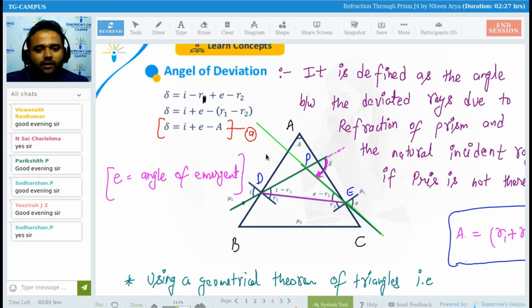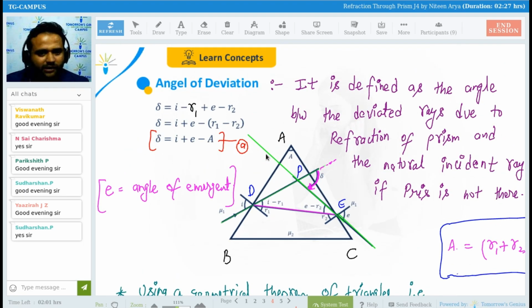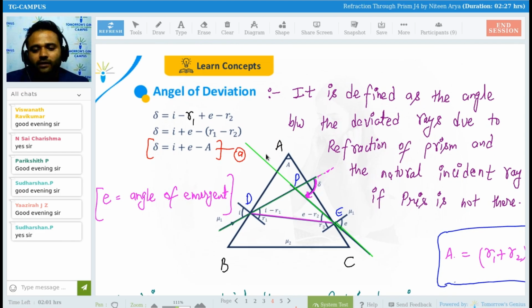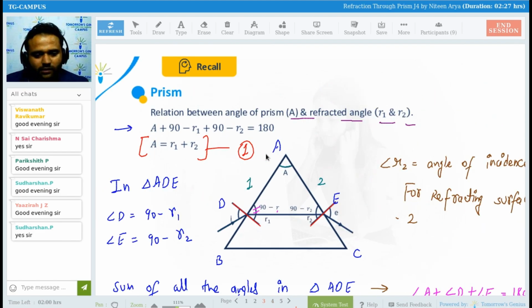Clear, everyone? And this one I can remove. Is this clear, everyone? Simple things we are doing till now. Once again, as we can see, this is the relation between the angle of the prism A and the refracted angle,